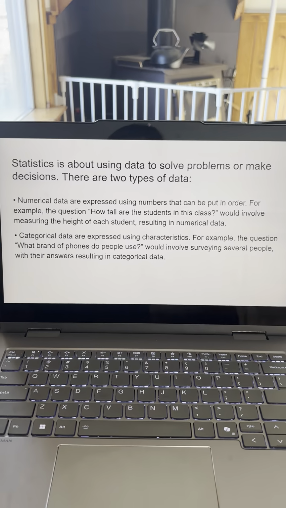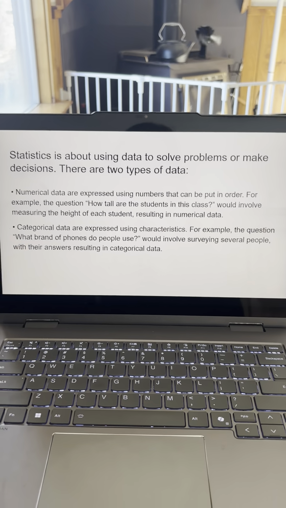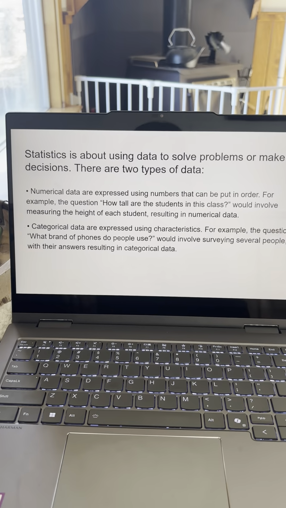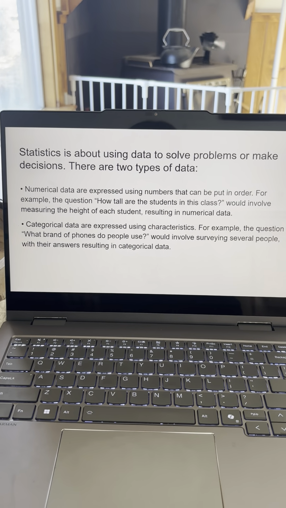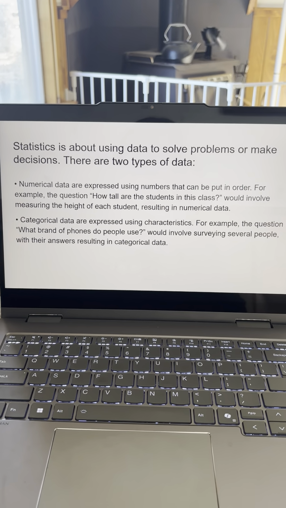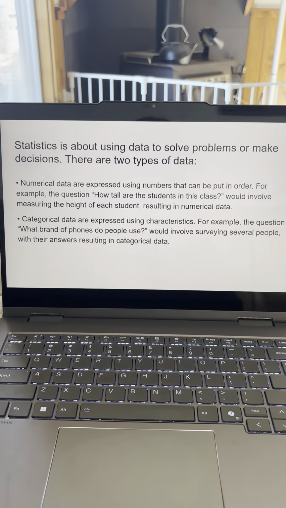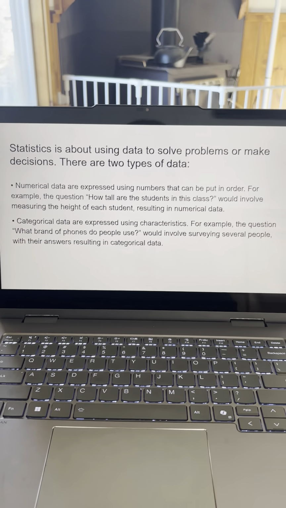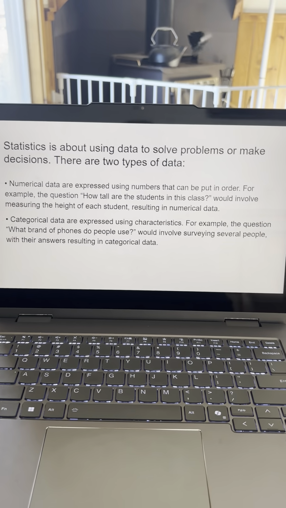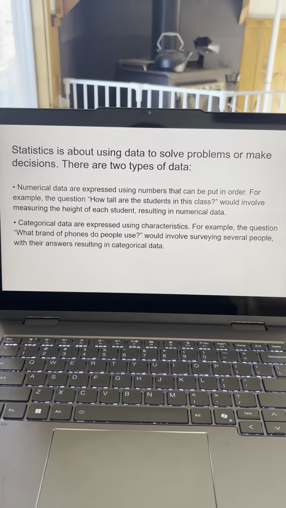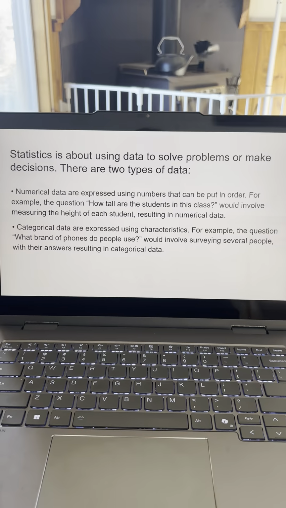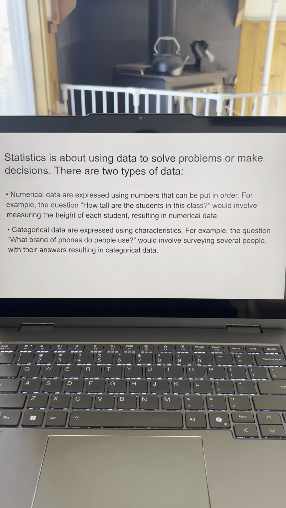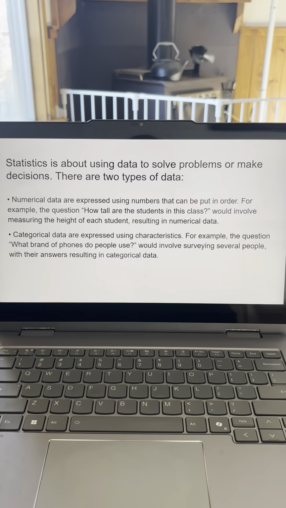So then we just talked about how statistics is all about using data to solve problems or make decisions. There's 2 types of data: numerical data, such as how tall are the students in this class. It would result in measuring the height of each student using numerical data. And then categorical data on the bottom uses characteristics. For example, if the question is what brand of phones do people use, we'd survey a lot of people and their answers would be categorical data because it'd be like either Apple or Samsung or other types of phone brands